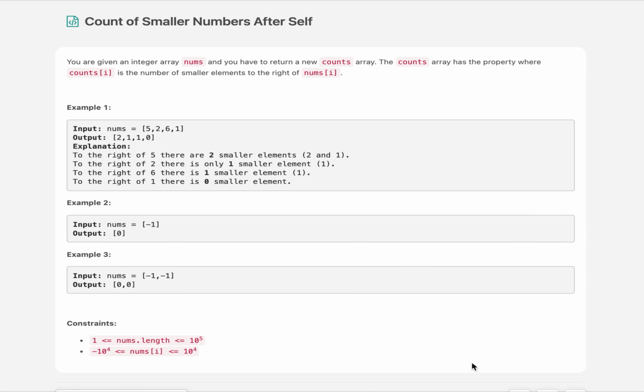Hello everyone, welcome to day 26 of June LeetCode Challenge, and today's question is Count of Smaller Numbers After Self. In this question we are given an array of integers and we need to tell the count of those numbers that are smaller than the current number to the right of the current element. So this is the input array that is given to us, 5, 2, 6, 1, and this will be the output array. I'll explain the question itself as well as the solution in the presentation part. So without much ado, let's jump onto the presentation.